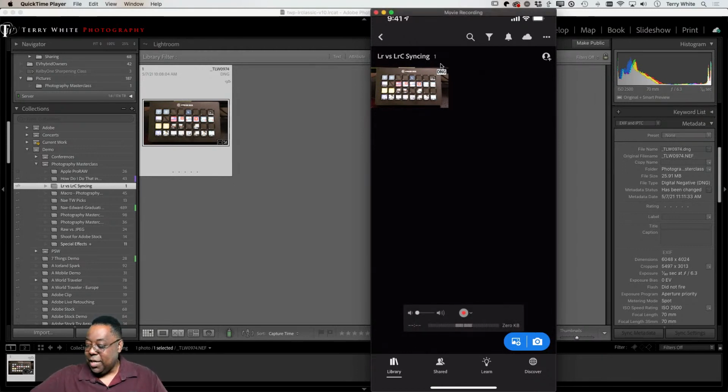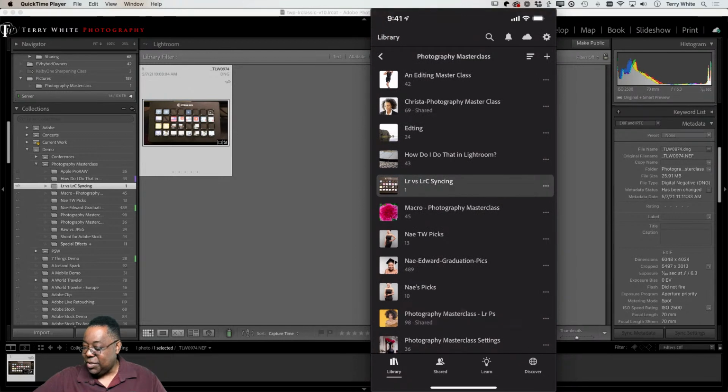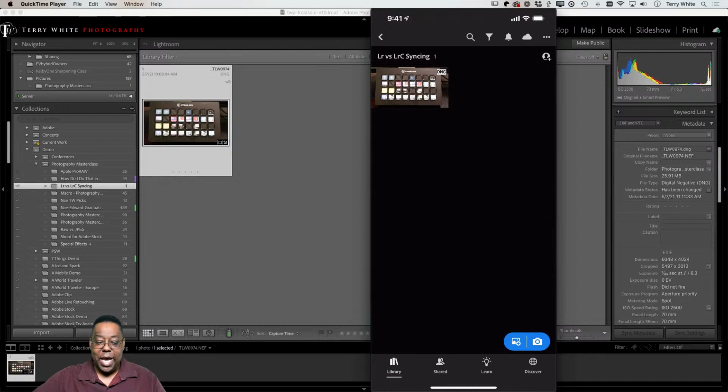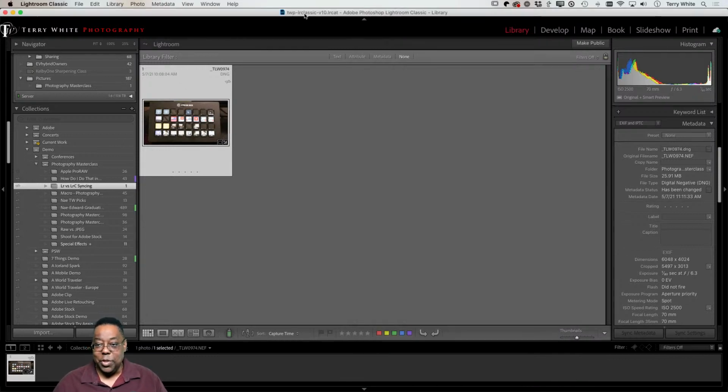Okay, so if I go back, there are all my albums and all my images on the phone, just like they were on iPad. Here's the one we've been working with. And now let's switch gears and talk about what the syncing is like for Lightroom. So we just kind of saw it in Lightroom Classic. What's the difference? Number one, Lightroom Classic only can sync, period, no matter what. There's no trick, no workaround, no nothing. You can't pay more, it doesn't matter. There's no trick to sync more than a smart preview. That's all it does, smart previews.